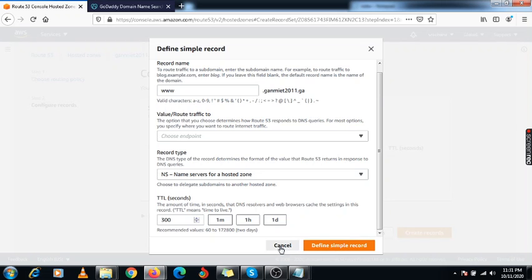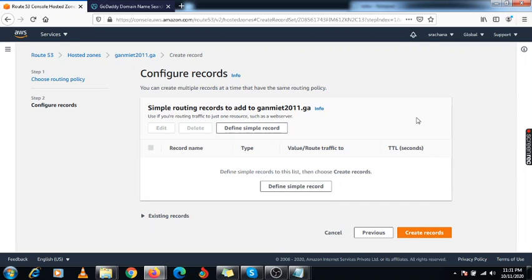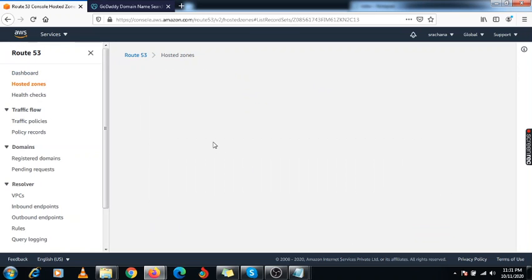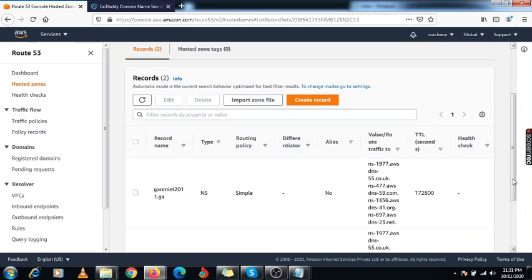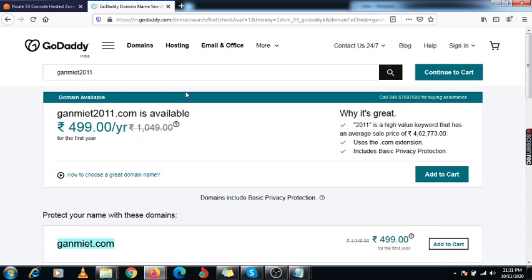Like that you can use Route 53 and your web hosting will be displayed. Once you create it, it will display a web page. Under this DNS name you need to specify all these DNS names. These are the four DNS names we have received from AWS, and they need to be put under GoDaddy, meaning whatever third-party domain you registered. So you need to specify this domain with that third-party domain provider, and you need to register it.